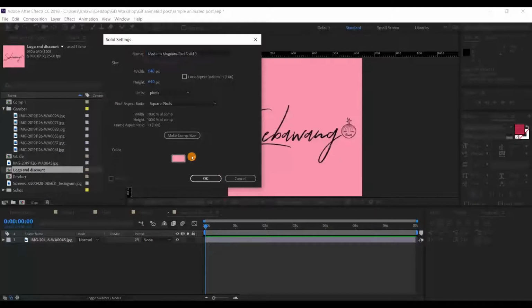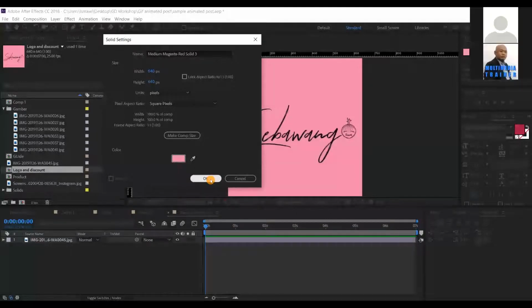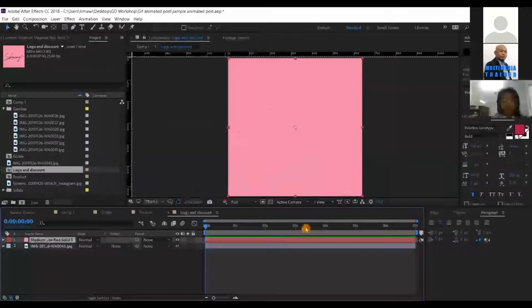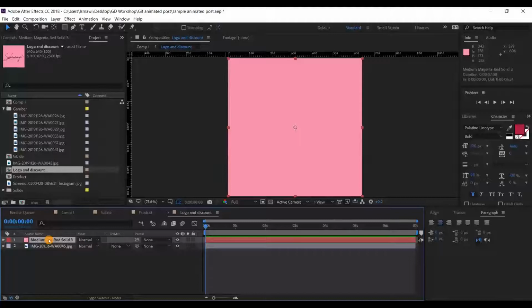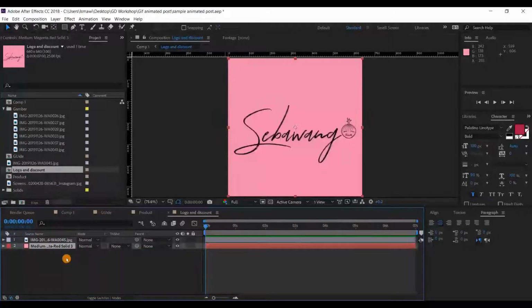For the color, you can choose the same color as our logo because we don't want to make it a different color, or if you want a different color, you can also do that. So I have my solid color, and I'm going to rearrange my layers so the background is at the back.